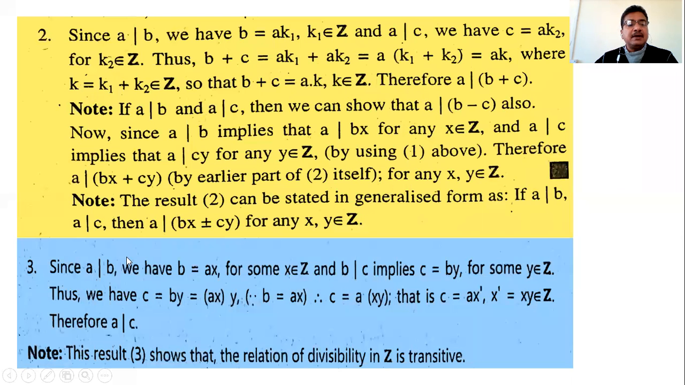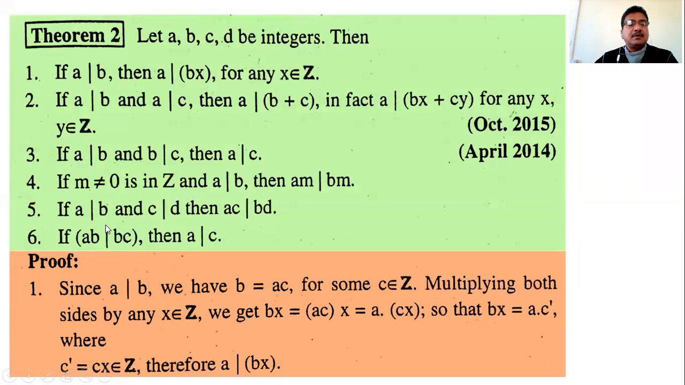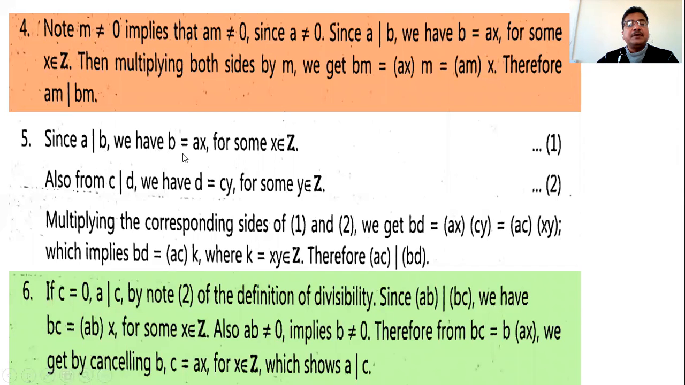Now the fifth number, theorem number 5. If a divides b and c divides d, then we have to show ac divides bd. So first write the meaning of a divides b and c divides d. a divides b means b is expressed in the form a into some integer x, for some x belongs to Z, and c divides d means d is expressed in the form c into some integer y, for some y belongs to Z. And now we have to show,